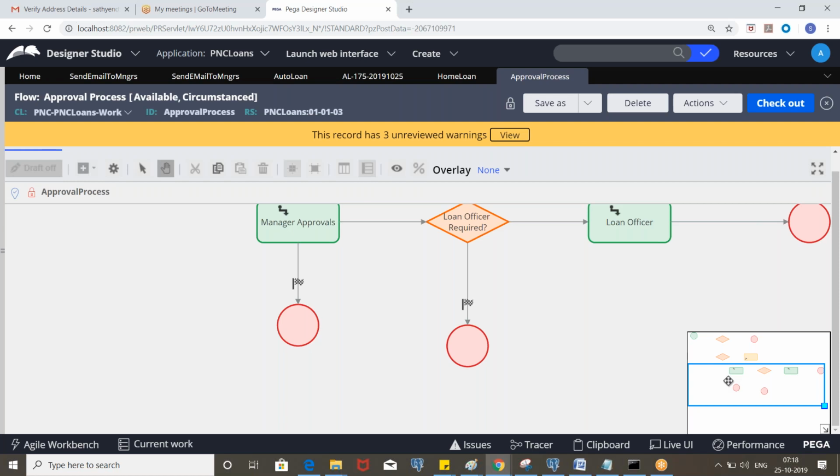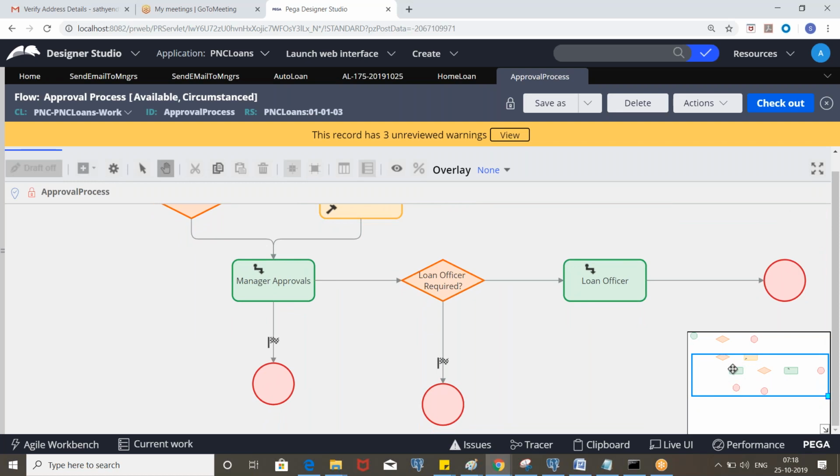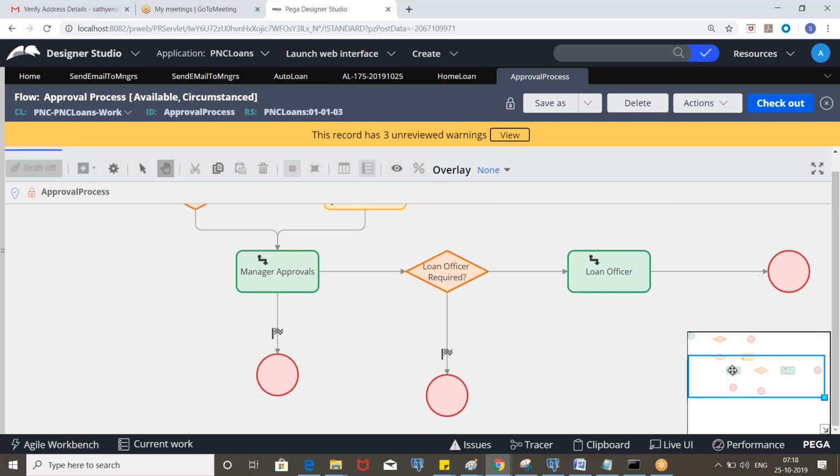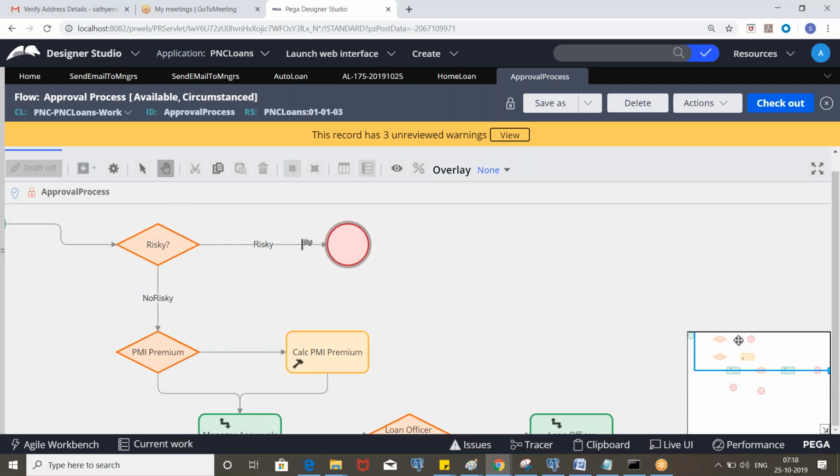So instead of doing that, you take the pyStatusWork property. If pyStatusWork contains resolve, it has to send an email with the status. Initially it will be something like new, and when it goes here, it will be updated accordingly, right? So whenever pyStatusWork changes, it will send an email.